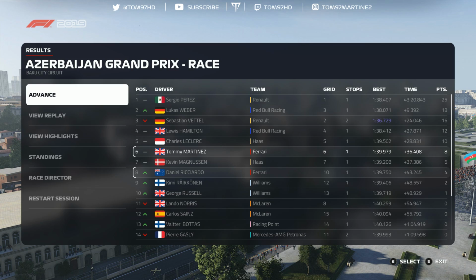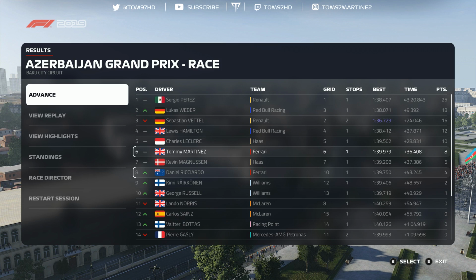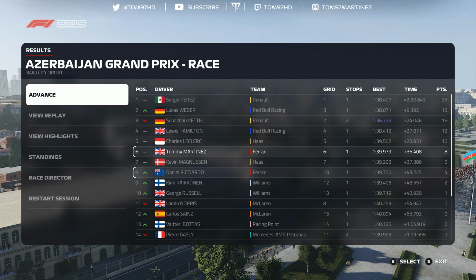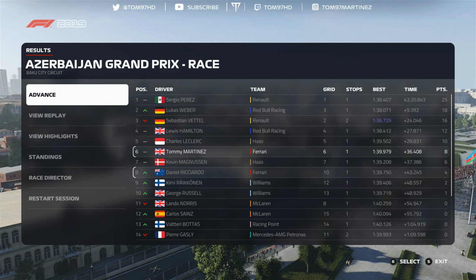Right, so here we have the final race results. Sergio Perez wins for Renault here today, and Renault's actually first win of the season, surprisingly. We've had a lot of troublesome times with Renault because they are the quicker car. They are much faster than Red Bull, but because of the Q3 qualifying glitch, where we've missed out on Q3,